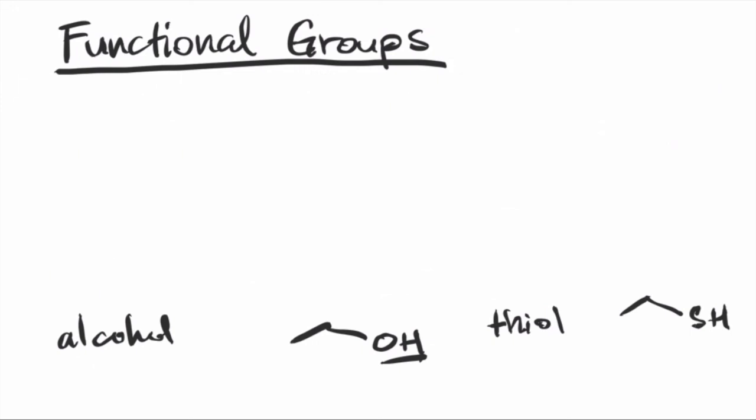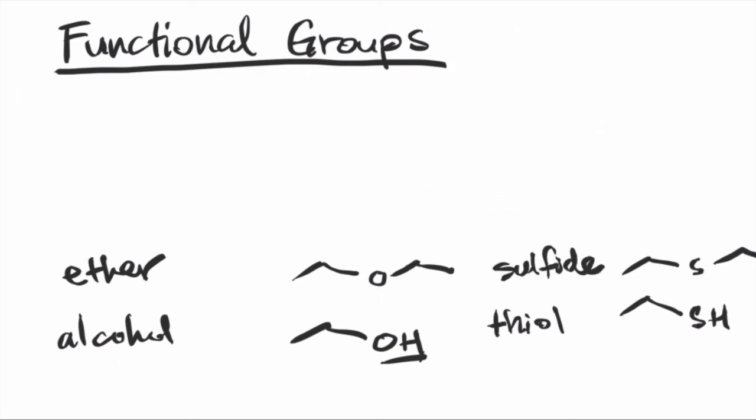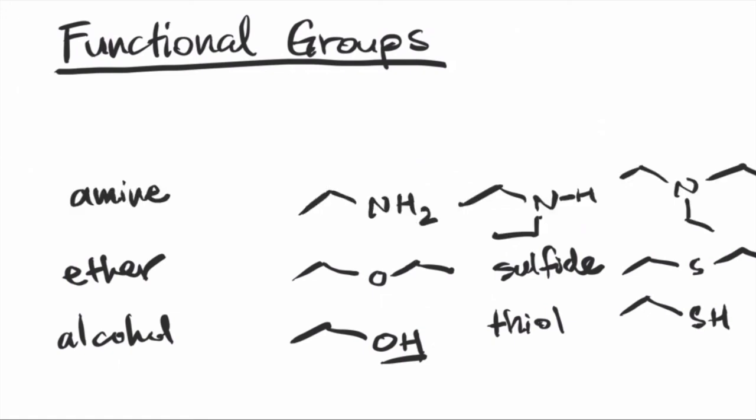Okay, so going back to this alcohol group, instead of having a hydrogen at that end connected to oxygen, we have more carbons connected to it. We then can call this an ether functional group. Same thing on the sulfur side. When it is not an SH, but a sulfur connected to another carbon chain, we can call that a sulfide functional group. And continuing with this trend, instead of connecting to an oxygen at the end there, if we are connected to a nitrogen, then we have what is known as the amine. Unlike the oxygen, if the heteroatom is a nitrogen, whether that nitrogen is connected to hydrogens or connected to carbons, they are all called amines. We can differentiate them, however, by calling them primary amines, secondary amines, or tertiary amines.